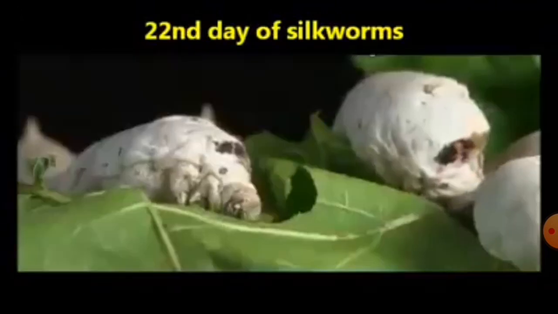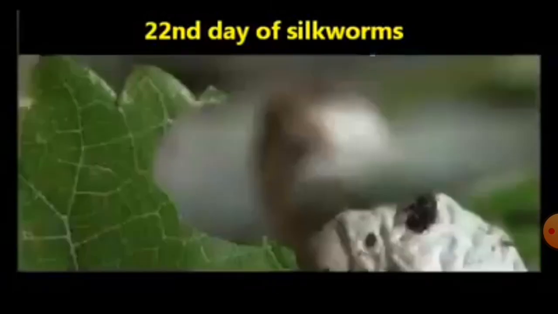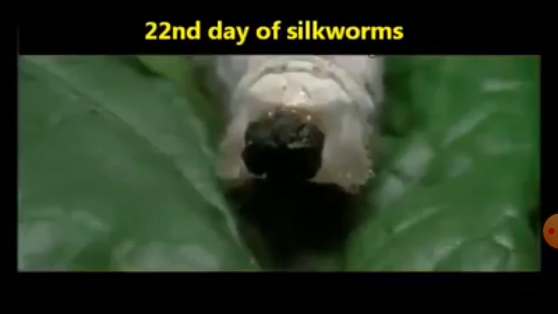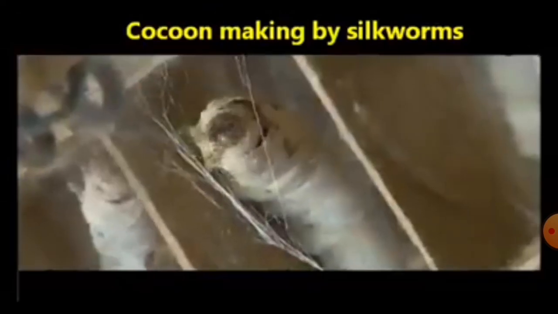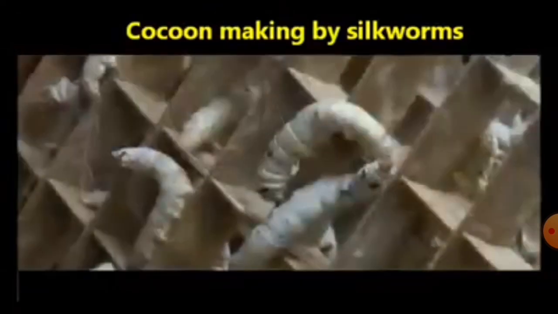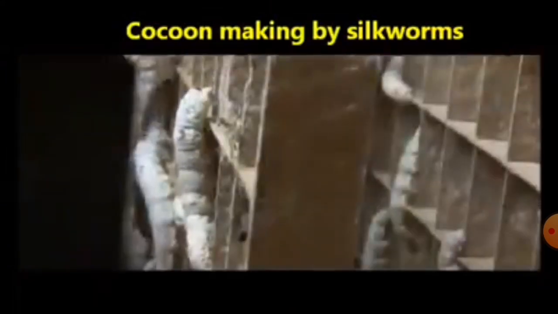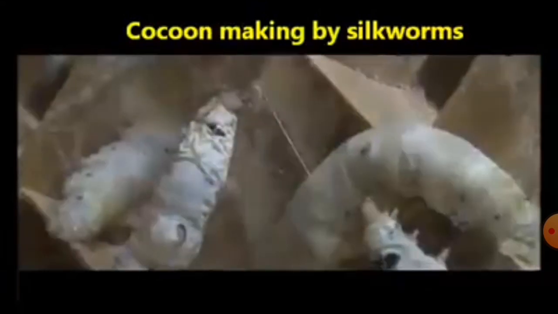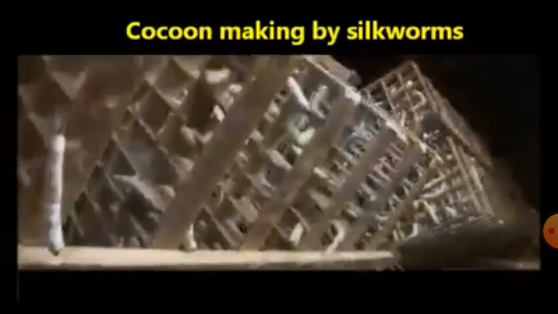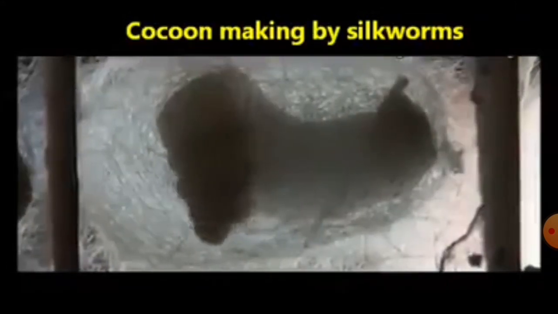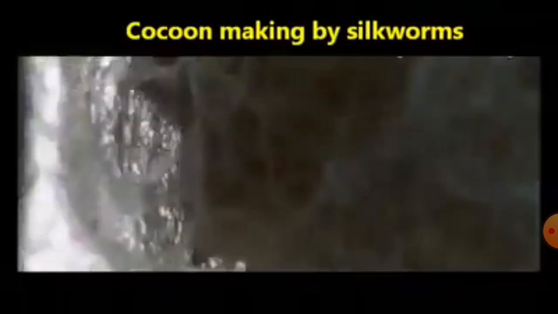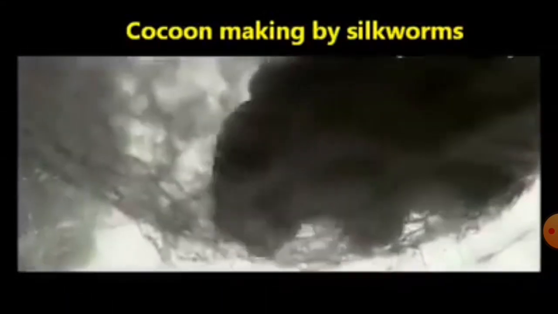Here after completion of 22-23 days, slowly their rate of eating leaves decreases, and they start the next stage, that is the pupa stage. Here first they use a net to hold themselves, and then this caterpillar swings its head from side to side in the form of the figure 8. All of you know the digit 8 in maths. In the same way, in the shape of an 8, they swing their head in the pupa stage,